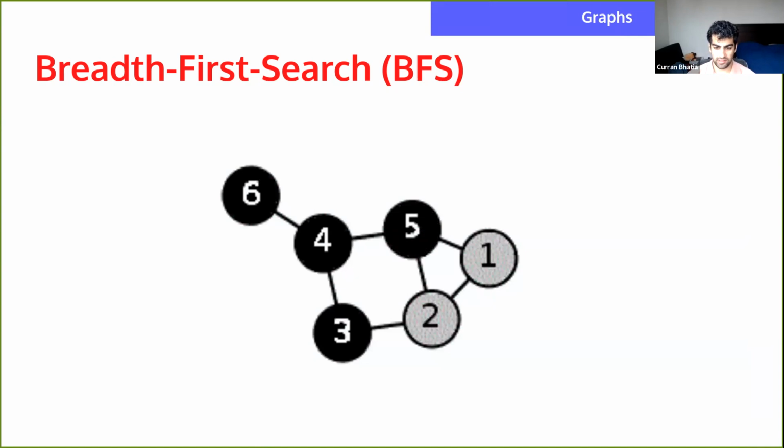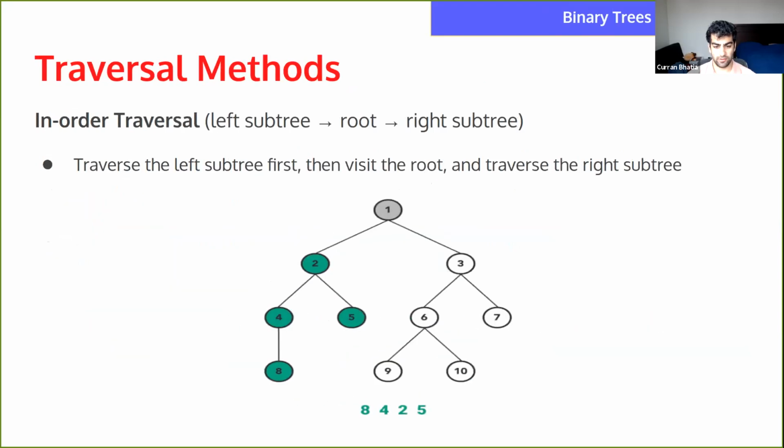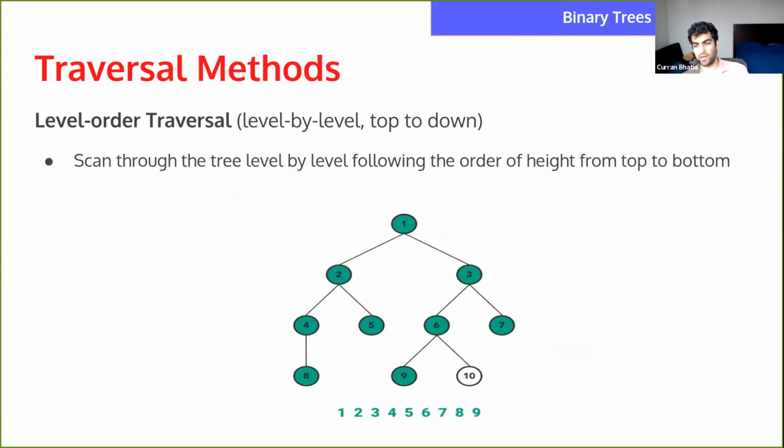I think actually a better representation is looking back at one of the traversals here, the level order traversal. This is a really good representation of BFS. You can see 1, then 2, 3, and notice how when you hit a vertex, it just goes to its immediate neighbors. So 1 goes to 2, 1 goes to 3, and then 2 goes to 4 and then 5. Then you go to 3, and it goes to 6 and 7, and onwards. I think this is the best way to understand breadth first search.